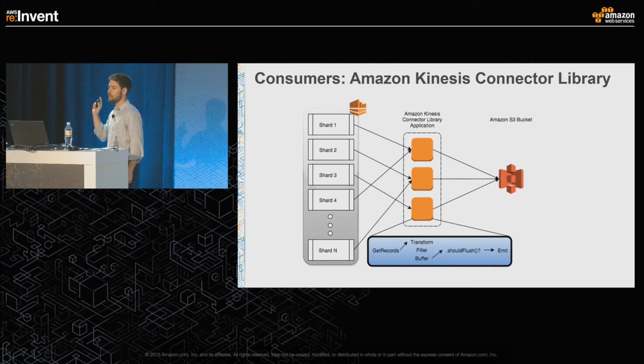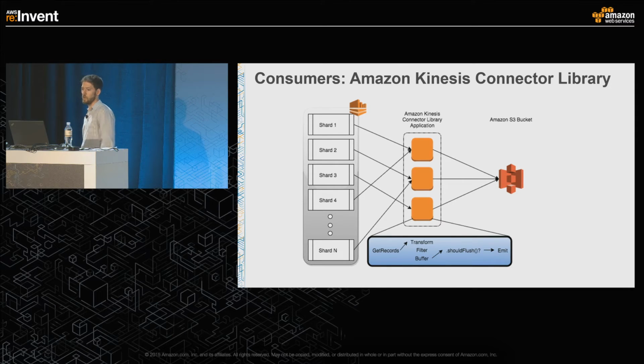The Kinesis connector library sits on top of the Kinesis client library. The client library handles things like checkpointing. It uses DynamoDB to do checkpointing. It handles things like distributing shards across multiple instances of your application. All you have to do is give another instance the same application name, and it'll automatically load balance those shards across it. So if you have 35 shards and 5 instances of your application, it'll give each of those seven shards,